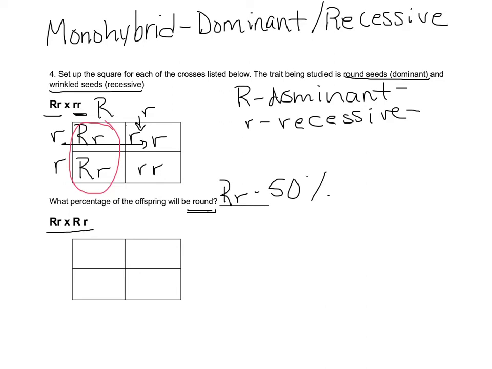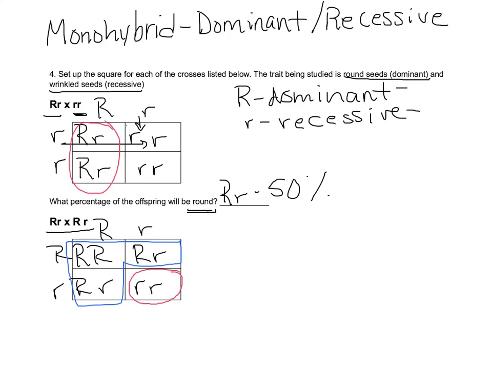Over here, we have 2 heterozygous individuals, so we're going to put the capital here, lowercase, same thing. And if we want to find out again what percentage of these individuals are round, we see that there's only one box out of the 4 that has the recessive genotype, and 3 out of 4 boxes have the capital R. So if we have 3 out of 4, that is 75% of the offspring will be round,